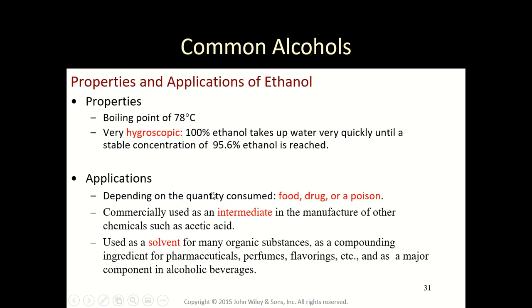Properties of ethanol: boiling point of 78 degrees. That's how, if you've ever noticed, they make spirits. All types of spirits, alcohol higher than 20%, are made by fermentation processes. And then to get the alcohol content up, they gently warm this fermented mash, and the